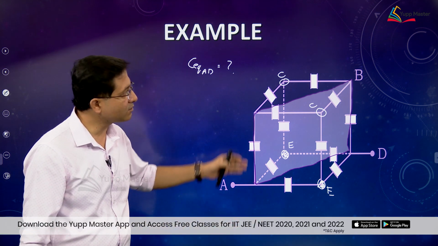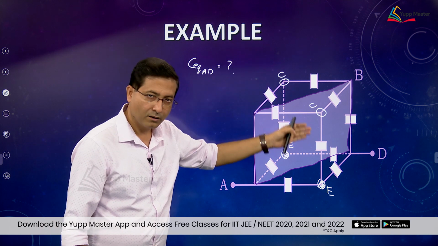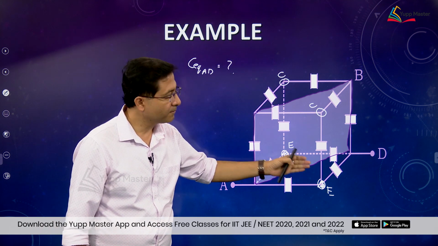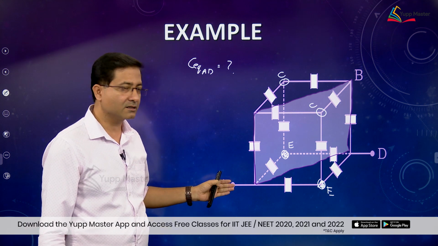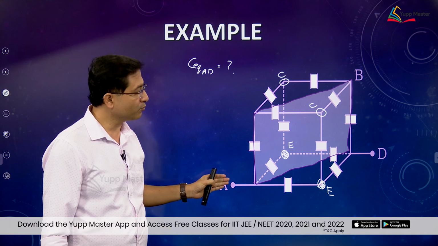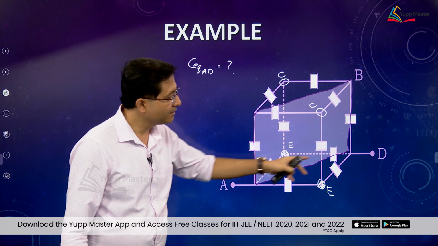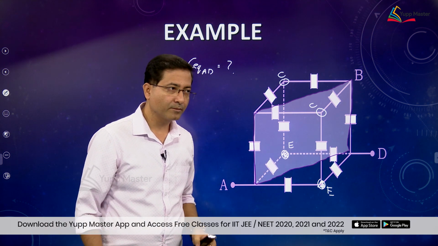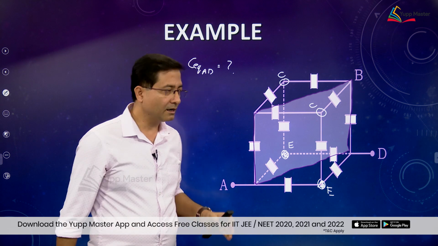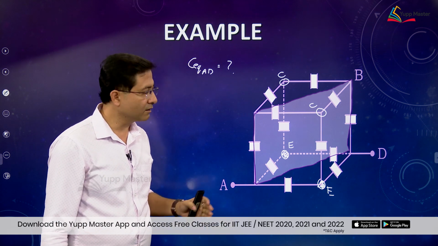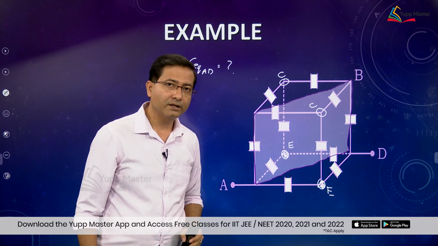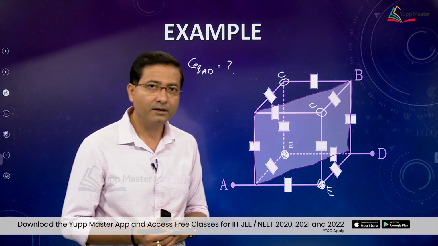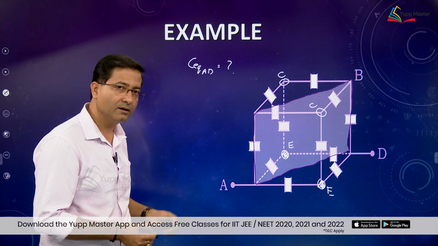So this circuit has got folding symmetry. Any circuit can have multiple symmetry, like in this case this circuit is also having input output symmetry. Whatever you see from this side, the same thing you will see from this side. In input output symmetry, our focus is on current division, while in folding symmetry our focus is on voltage division. So using these two concepts you can solve this circuit.